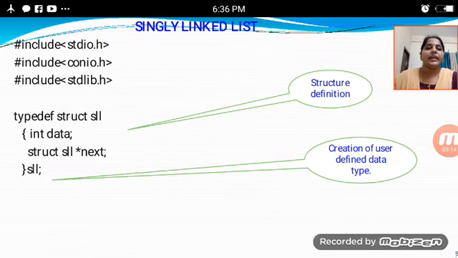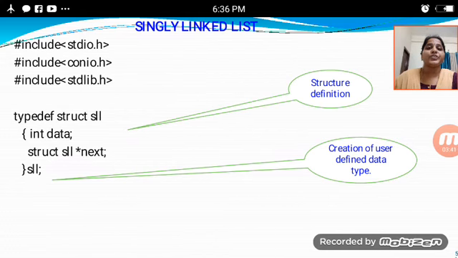The input output functions are printf and scanf. Printf is the output function and scanf is the input function, and these are included in the standard input output header file.